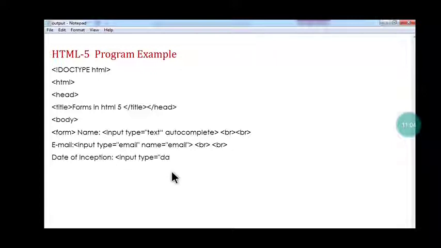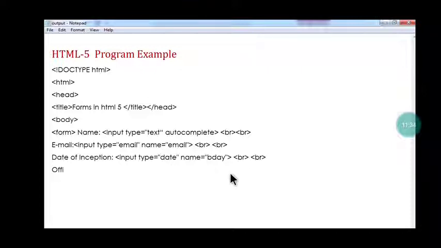So input type equal date, name equal beginning date. Here I use the br tag and again the br tag. This input field will display the date picker, where you can select the date, month and year. Once you click, the calendar will be displayed. From here you can select the day, month and year.